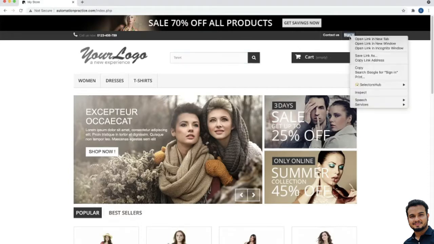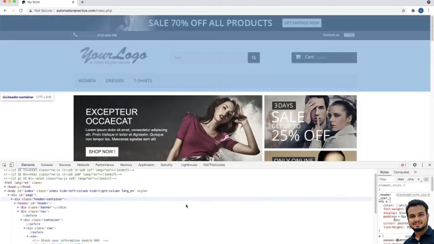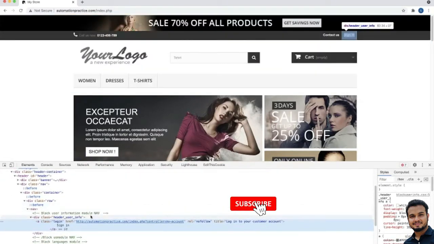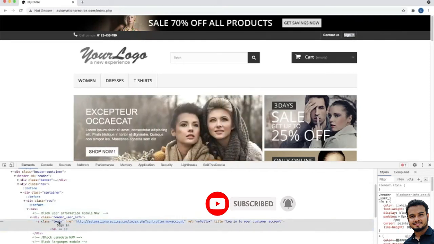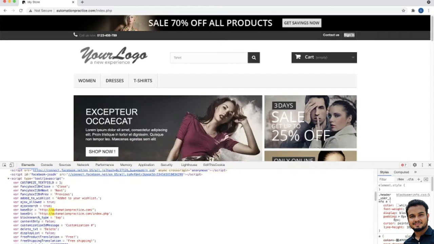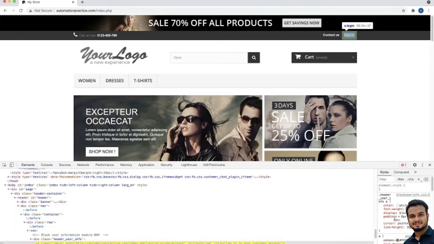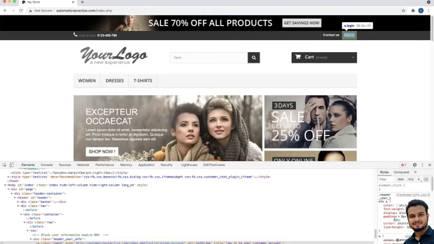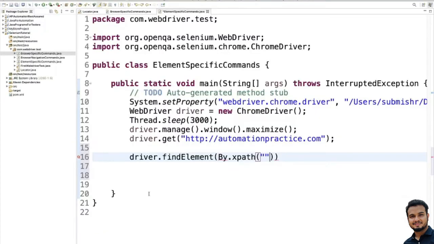To find the xpath, just inspect, and here we are saying class equal to login. I hope you understand how to write xpath. If not, please refer to our previous videos. Okay, see, we are seeing 1 of 1. So we'll take it as our xpath.